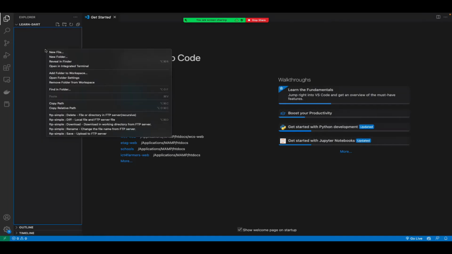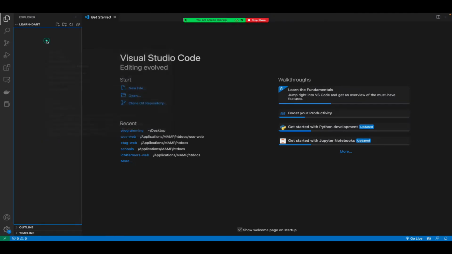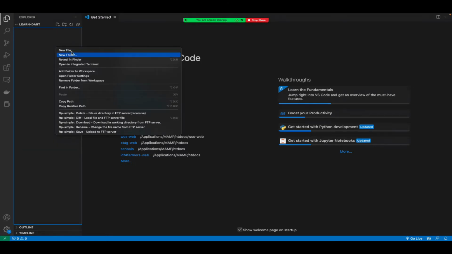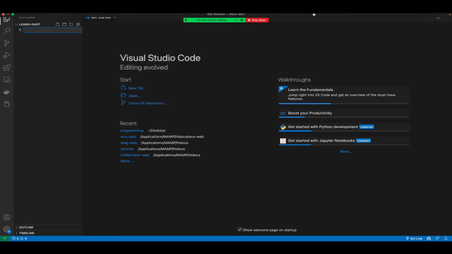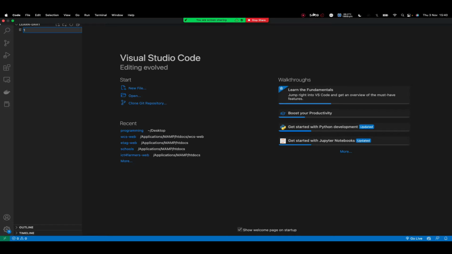Okay, so right click here. To create a file, remember I've already opened the folder here. There's a shortcut here that you can click on, and then we will create a file, or simply right click on the folder and say new file. So I can say 1. Why am I putting 1? Because later I want to know where I started from. If I don't number them like this, I may become confused later. So I just put 1 underscore maybe